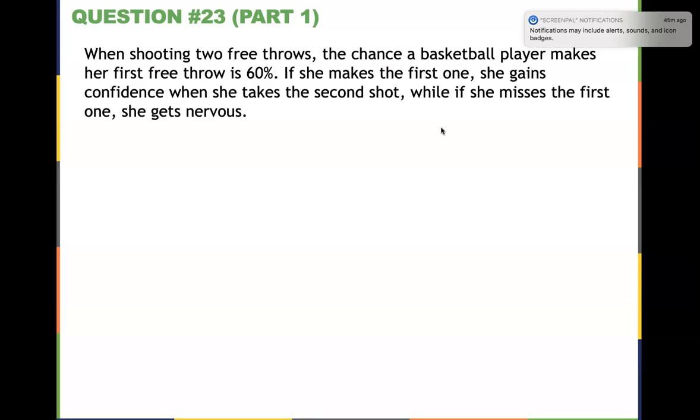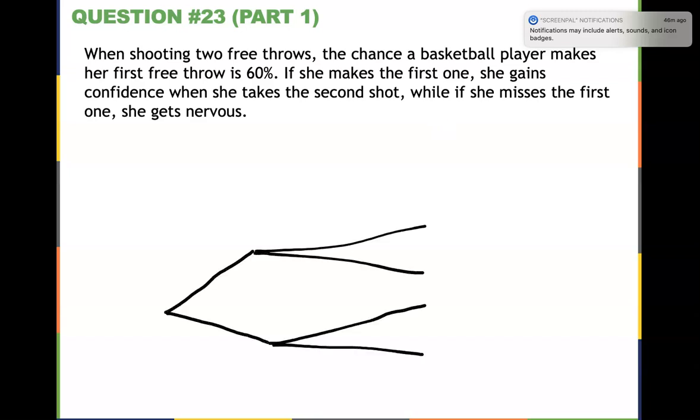Question 23. When shooting 2 free throws, the chance that a basketball player makes her first free throw is 60%. If she makes the first one, she gains confidence when she takes the second shot, while if she misses the first one, she gets nervous and therefore would miss the second one too. Alright, so we're going to make a tree diagram. And how are we going to label these branches? Well, in the first case,